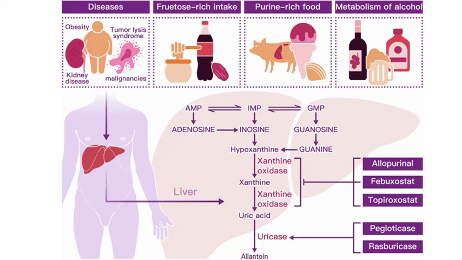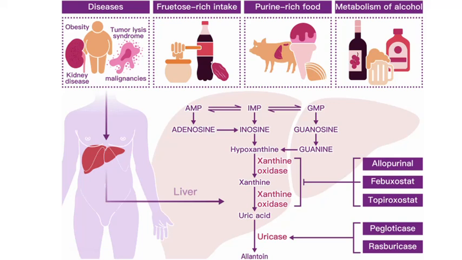Preventing tumor lysis syndrome focuses on lowering uric acid and other electrolyte imbalances that happen when cancer cells break down quickly. A few key strategies include aggressive hydration to help flush out uric acid and other byproducts through the kidneys. Allopurinol is often used to prevent the formation of uric acid from broken down purines. If uric acid levels are already high or need to be reduced quickly, rasburicase can be used because it directly